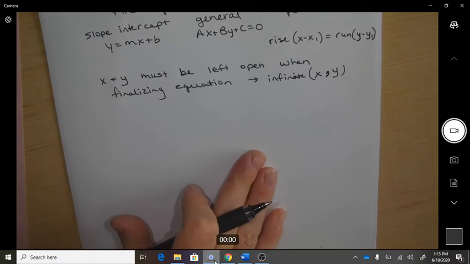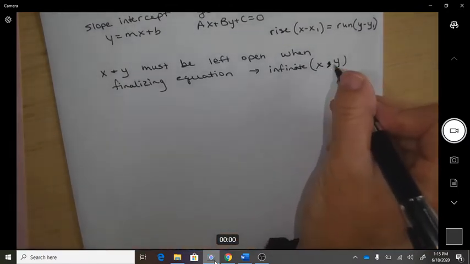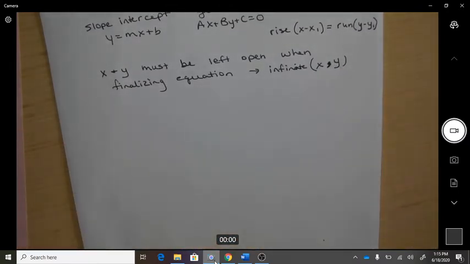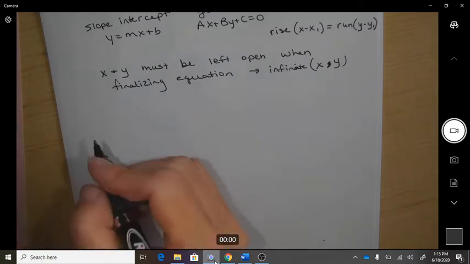Because you have infinite xy's on your line, you must leave them open so that those can be filled in. Okay, so here's an example